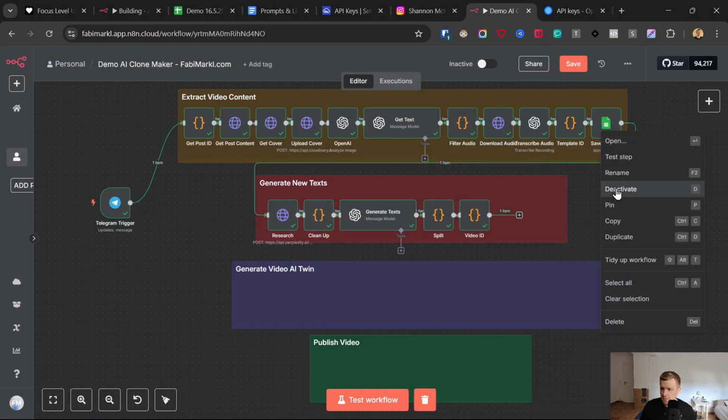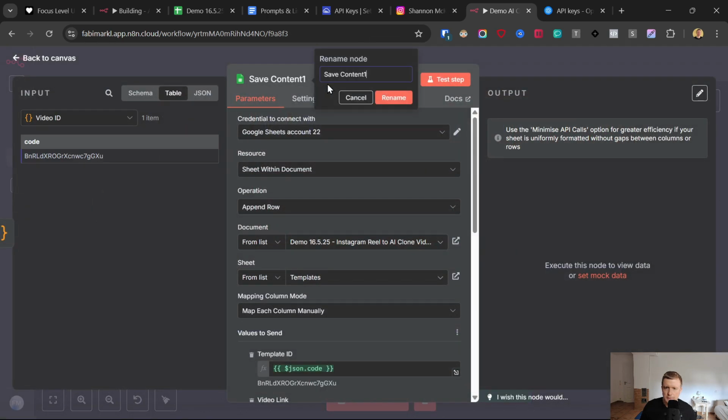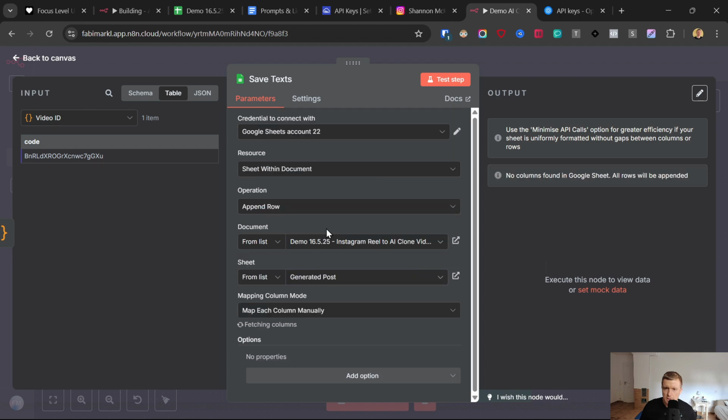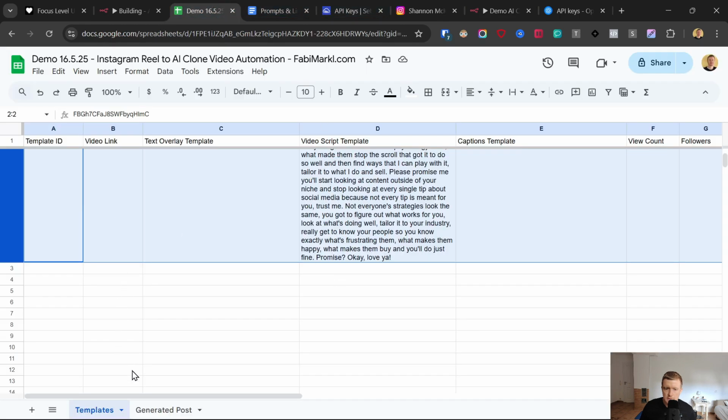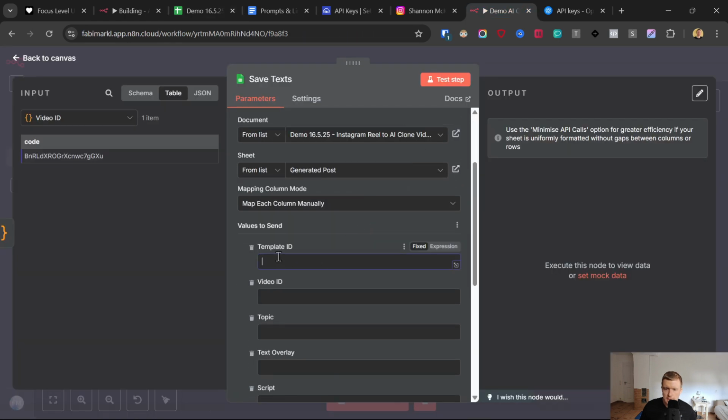So I can also just duplicate this, attach it here. So go back, save texts. The only thing I need to change is here the sheet, because I want to save it now to the sheet of my generated post text. And then I need to